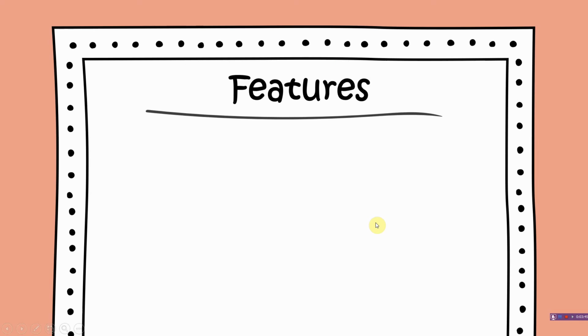Okay, now let us see the features. First feature is share. You can share your document with others for them to also contribute to the document. You can partner students up and they can work on a paper at the same time in real time, because it is an online document and can be accessed from any computer. So by clicking on the share button, which I have shown you in the previous slide, all your students can enter the email of another student or teacher, and they can work collaboratively on a document. So if a student accidentally deletes the text of the document, then they can use all changes saved in Drive and restore the document.